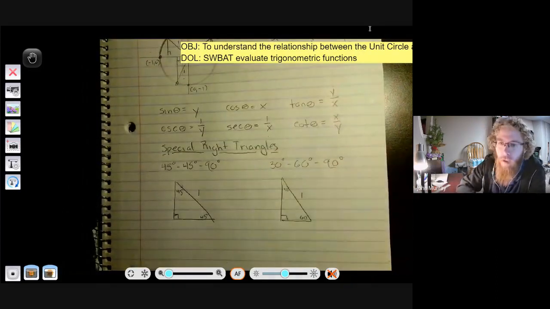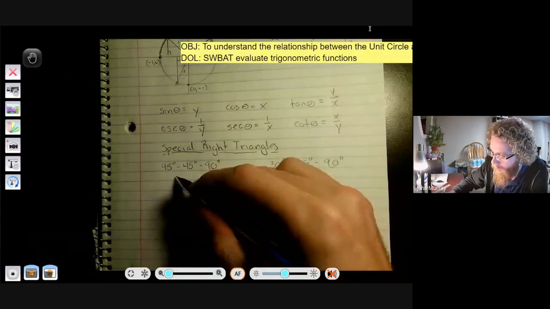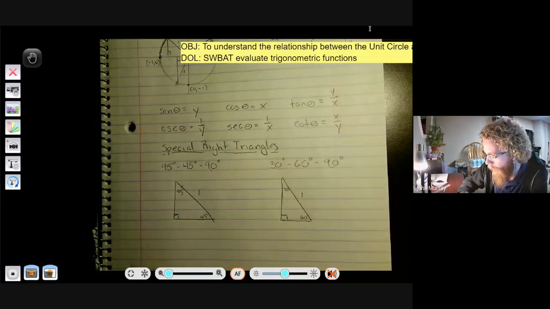So for both of these, I have 1 as a hypotenuse. Now, it's always the relationship here. If this is 1, then